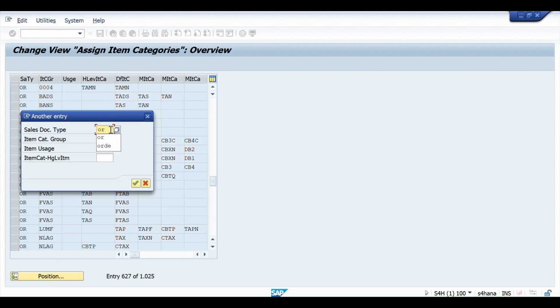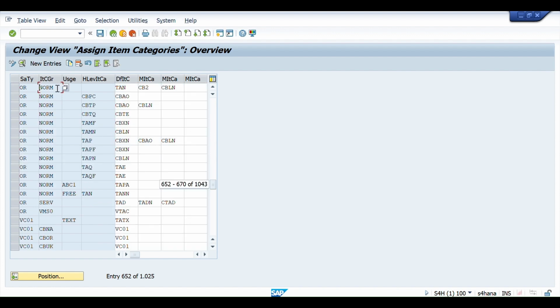Here I go to position, select item categories norm. Okay, so norm is commonly used for standard material scenarios. So when I enter material in the sales order, SAP can determine the item category group assigned to that material. SAP then uses item category group along with the sales document type and other determination criteria to find the